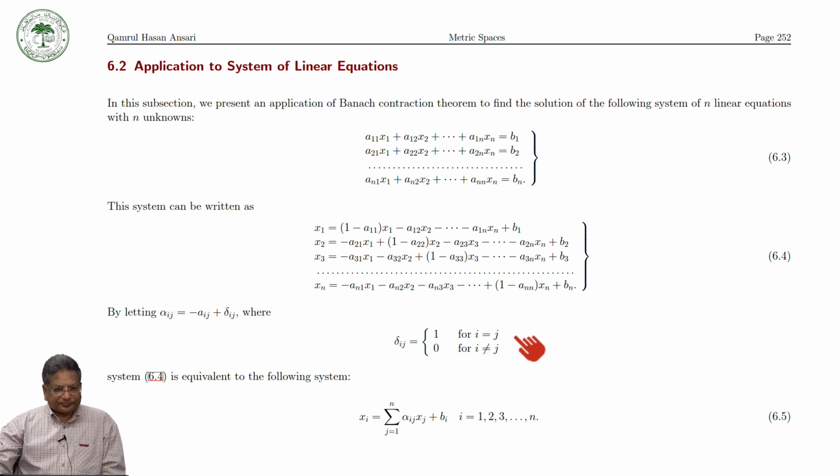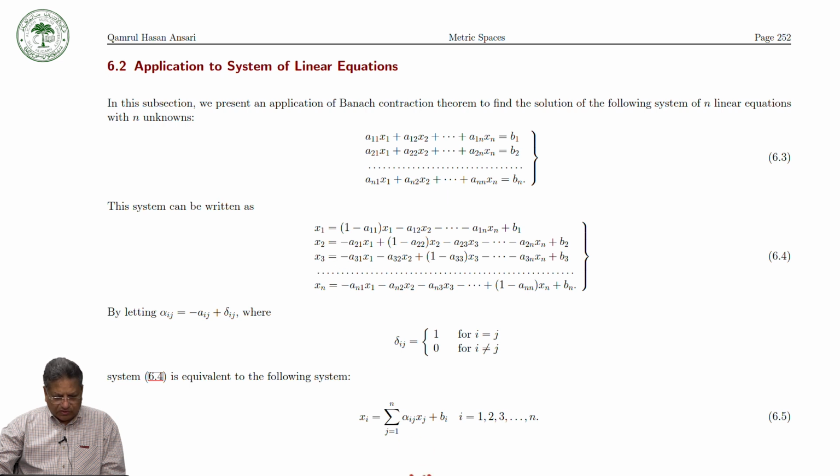And now let us take alpha ij is equal to a_ij plus delta_ij, where the value of the Kronecker delta is equal to 1 if i is equal to j and it is equal to 0 for i not equal to j. Then this system is equivalently